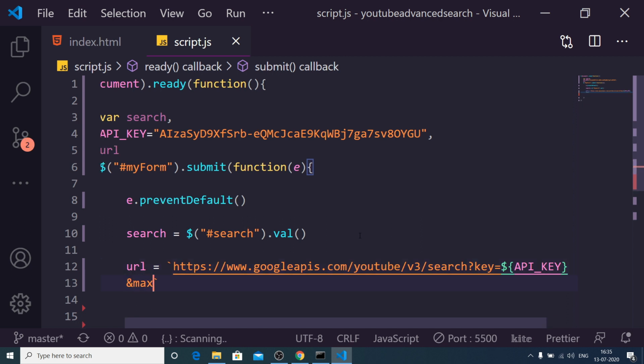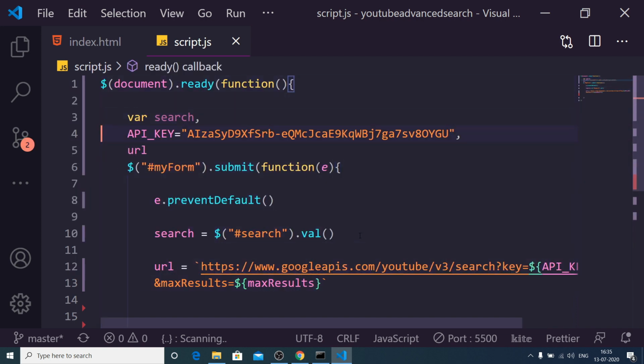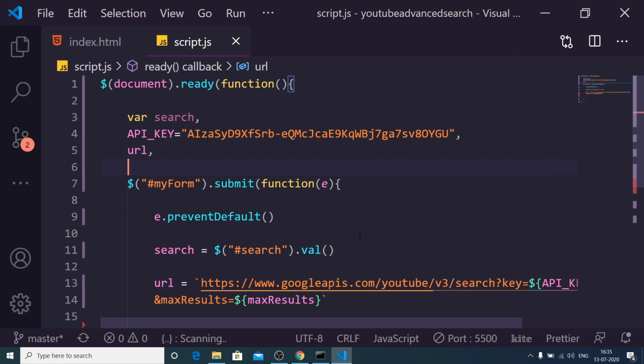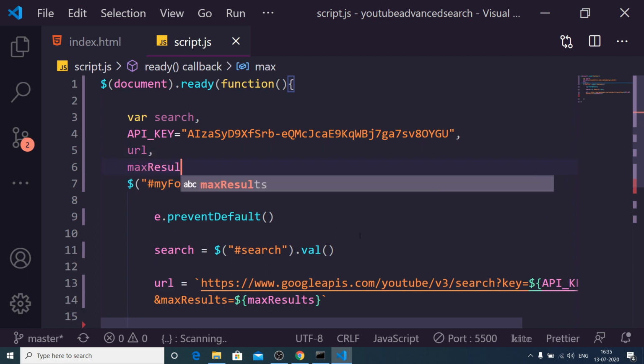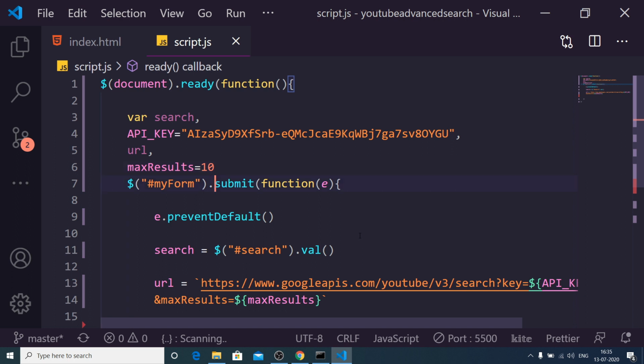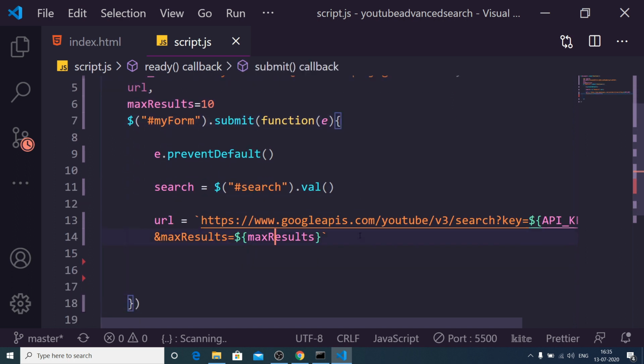There is a second property that we need to pass, which is the maximum results. Maximum results will be equal to the maximum results that we set inside our application. So we can just make a new variable right here at the top, put a comma, maxResults, and give it a value of 10. You can change this value accordingly; the maximum allowed value is 50. Also we will provide one other attribute, type equal to video, since it is a video search application.